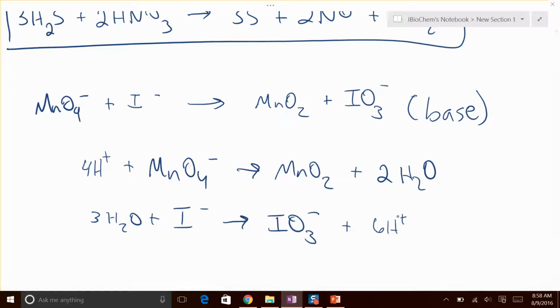Now we have to figure out the electrons. Okay? So what element is changing oxidation state on the top reaction? Manganese. Okay? So what is the oxidation state of manganese in MnO4? Okay, so we have -8 from the oxygens, and we have 1 left over, so that means this has to be +7. MnO2, manganese goes to an oxidation state of